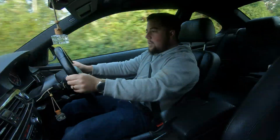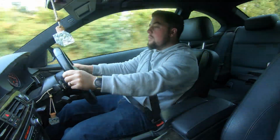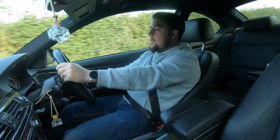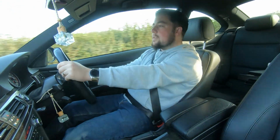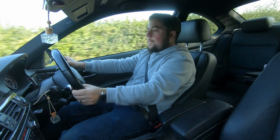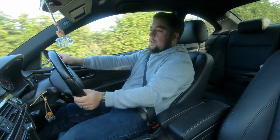This is mad, considering this is only like stage one. You see on YouTube and stuff like that, people that have single turboed their N54 and they get like 700 or 800 brake, 1000 brake, whatever it is. This is just a stage one and it absolutely poos the pants out of me. I don't know if that's because of the roads I'm on. I mean, if I'm on a motorway or a long,